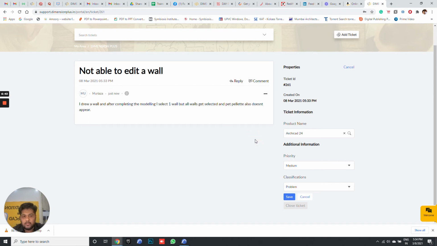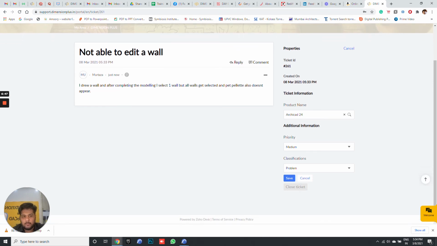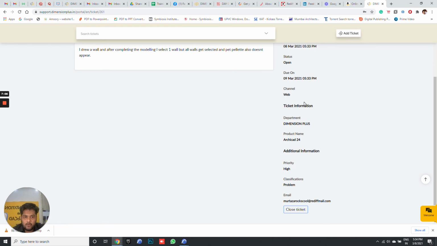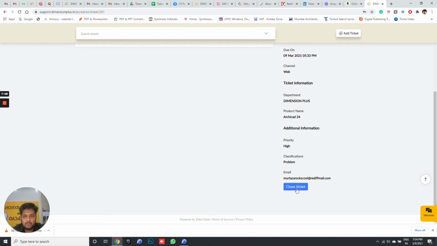here. So if you want to close the ticket, you can do that once you have got a reply from our side. Please make it a habit that once it is done, you come here and just close the ticket at any point you want. Don't wait for us to ask you whether it's done or not. If you got a reply from our side, you can simply do close ticket, and yes.